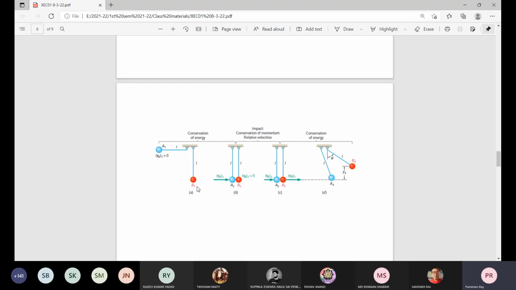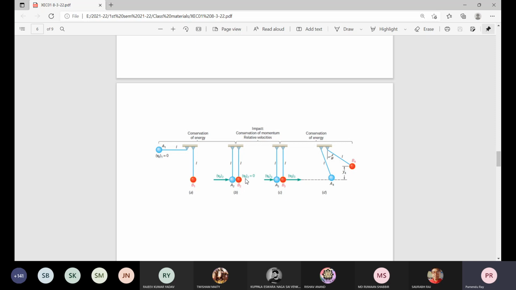And the sizes of these two spheres are such that they can simply touch when they are in static equilibrium and hanging freely, without providing any other force there. But when it is allowed to fall in this way, naturally with this restriction of the length, it will travel in this circular path and finally reach some velocity. Now the initial velocity for block A is 0. The final velocity for block A is VA2, and with this velocity,